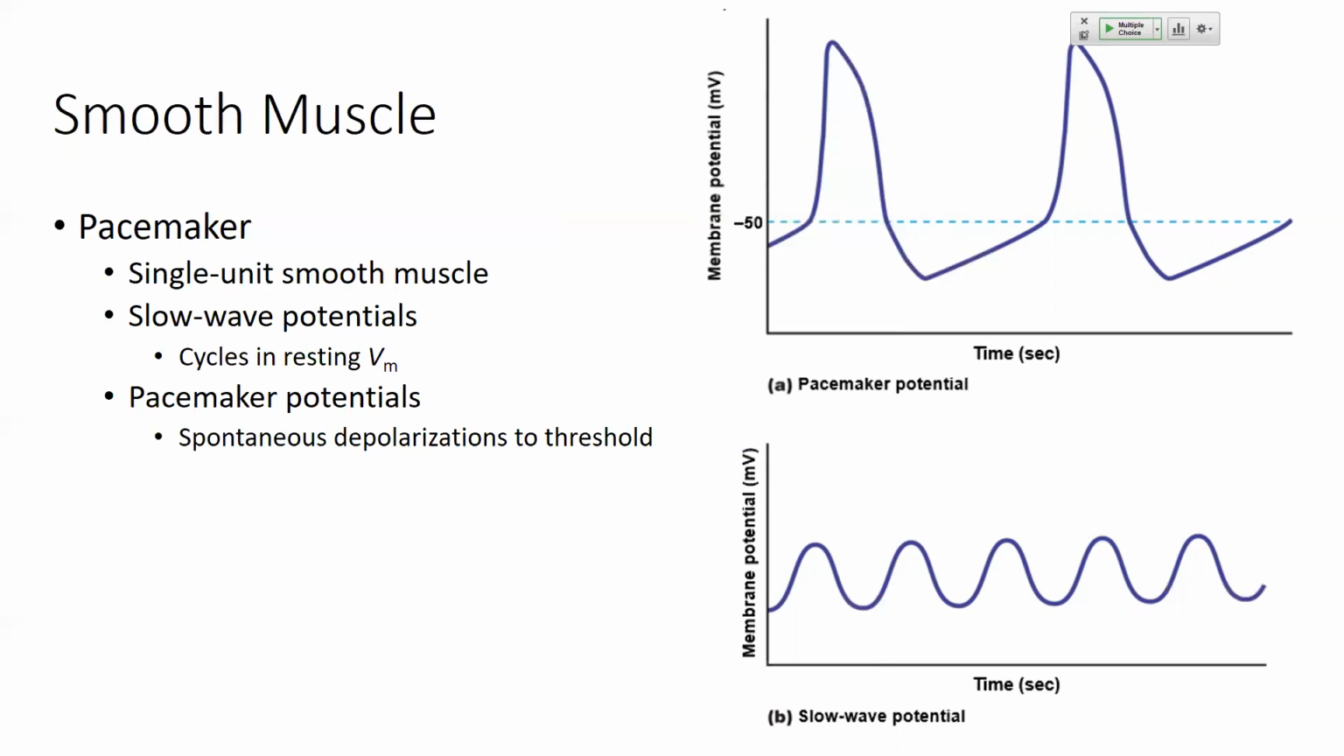Questions? So basically, we can spontaneously change the resting membrane potential here and depolarize this cell to threshold, which generates a pacemaker potential. Okay, so these are 2 types of pacemaker potentials that we see with smooth